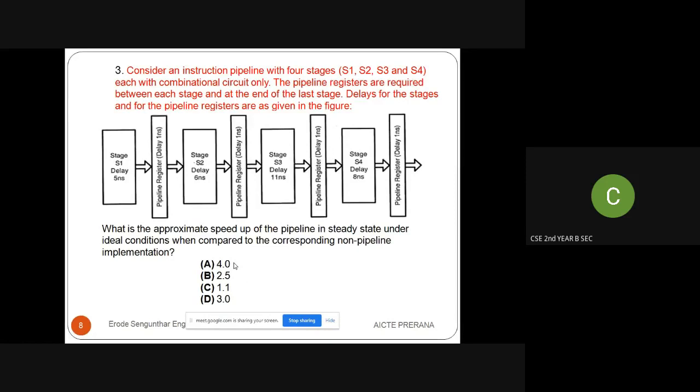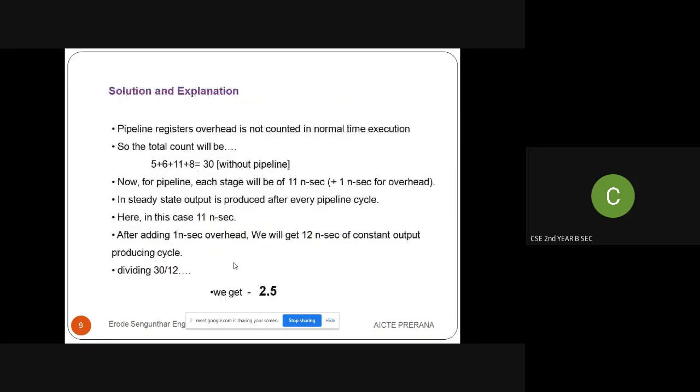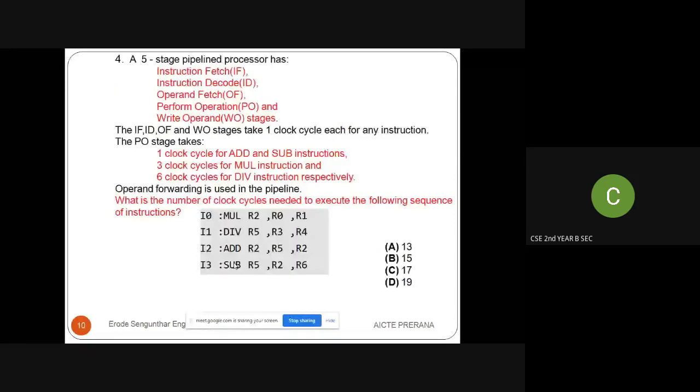Next we will move on to another set of questions. So the fourth question goes: a 5-stage pipelined process has, okay, they have given 5 different pipeline stages. In the last question we have seen a 4 stage pipeline, right? So just see this. In this, stage 1, stage 2, stage 3 and stage